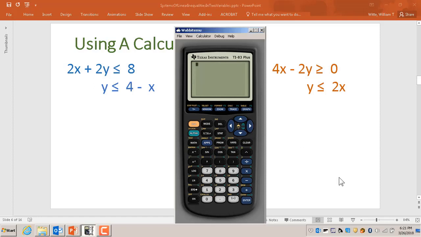And as you can see, I've already solved for y in this blue equation. So I'm going to hit the y equals button. There it is right there. And I'm going to type what y equals: 4 minus, and here's the x button right here. Okay? Now, if I hit graph, you'll see that it's only going to be the line, and that's not what